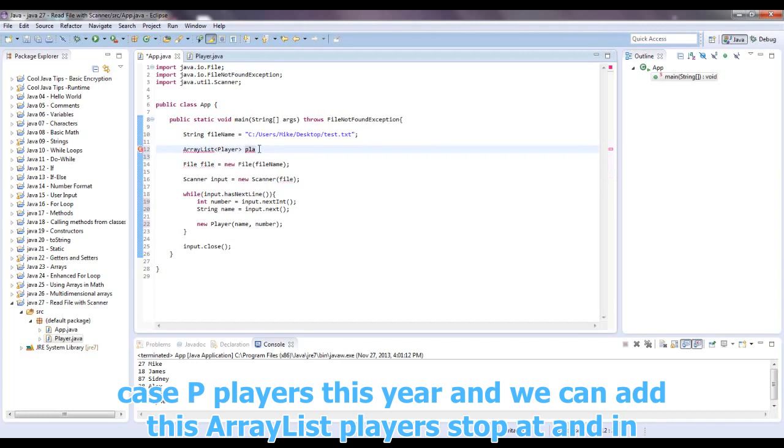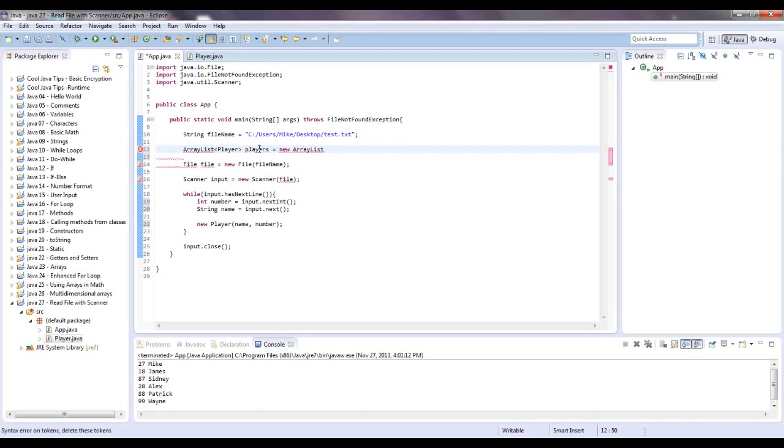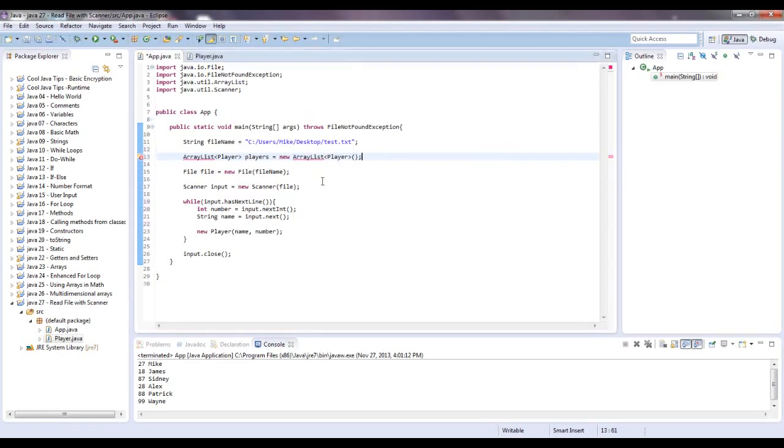We'll just say lowercase p, players equals new ArrayList, and we have to put in Player again in those angled brackets, whatever they're called, Player, and then open and close parentheses. Okay, now we have to import ArrayList, and we can add to this ArrayList by saying players.add, and